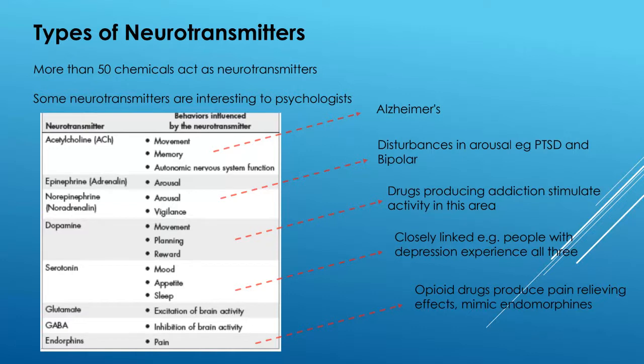So this is what the neurotransmitters do. Each one has a different function, and they're vitally important in managing our mood, our thinking, our behavior. Okay, and that is what psychology is about. It's about mental processes and behavior in our mind, and those neurotransmitters play a very important role in a lot of those functions.